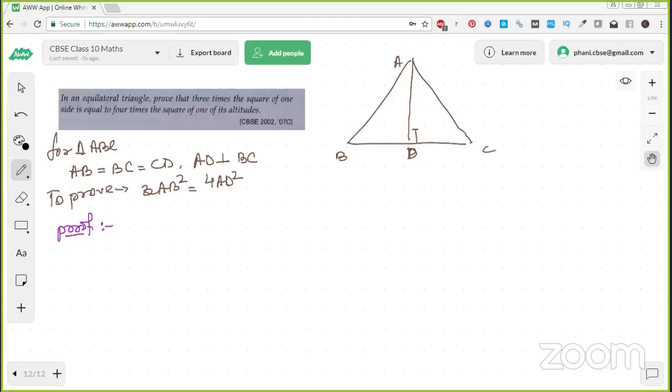It's given AB equals AC. So obviously all the angles are 60 degrees here. It's an equilateral triangle, all the angles are 60 degrees. And this is 90 degrees. So two angles will be 30 degrees each. So we can prove for the triangle ABD and triangle ADC